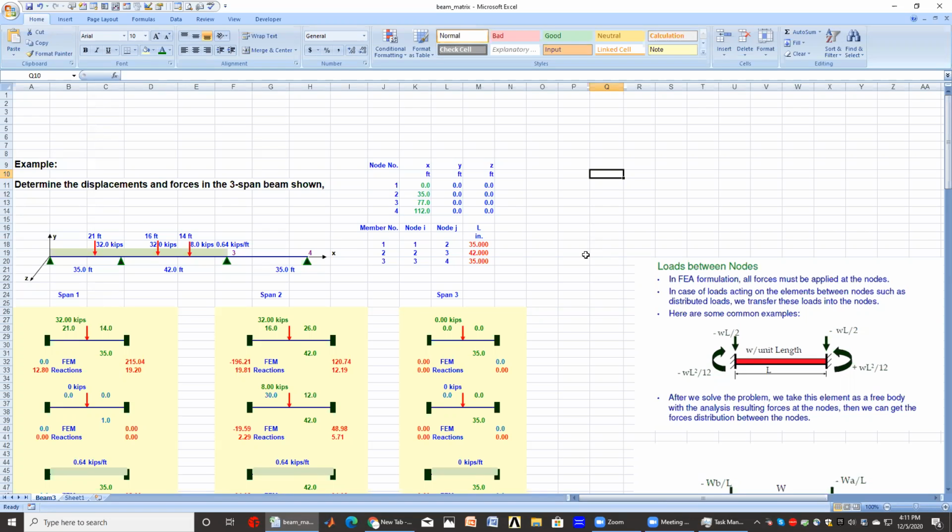Today we'll look into a continuous beam that we can solve with a very simple method using matrix analysis. As you can see, the problem we have today is a three span. First span is 35 feet, second is 42 feet, third is 35 feet, and it's loaded on spans 1 and 2, as you can see, with uniform loads